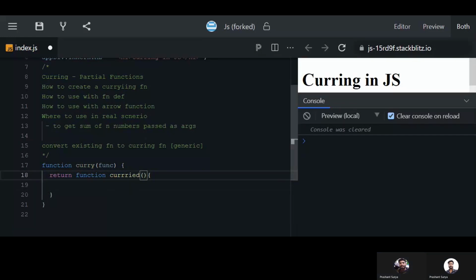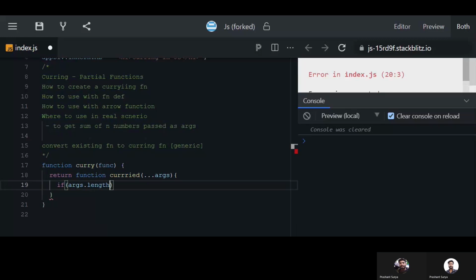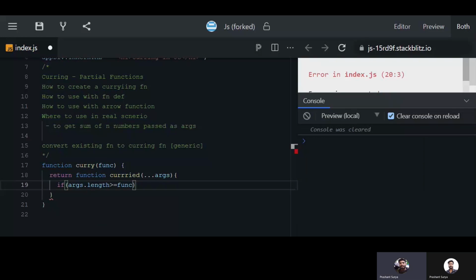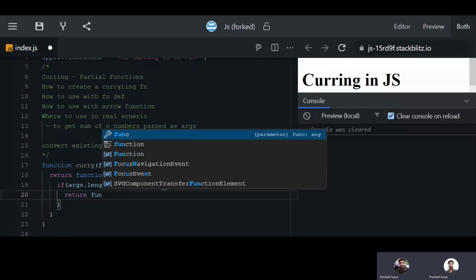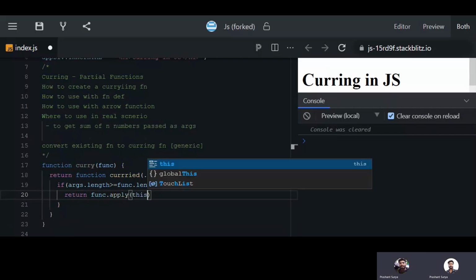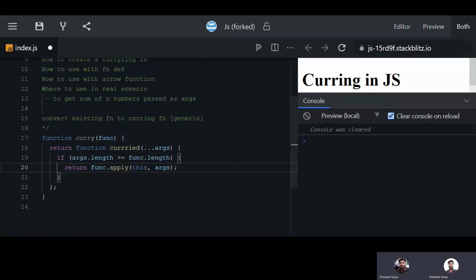Let's suppose args. Now here what we will check is: if arguments dot length is greater than or equal to function dot length, then you have to return the function, and you will have to use the apply concept here, scope binding. You will pass the parent scope, this, with arguments. Otherwise, in else, what you can do,